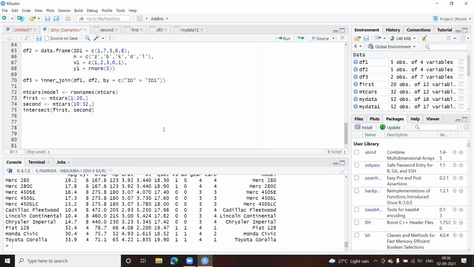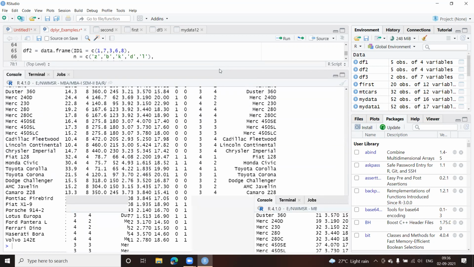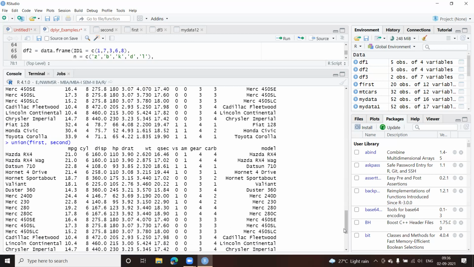Okay, now coming to union. Now union is going to display all the rows from both the tables and remove the duplicate records. Okay, that is the difference between your intersect and union. Okay, so if I have to give union here, I can just write the function union into round bracket, x comma, or not x, sorry, first comma second. Okay, and I run this. Okay, now if you look at these records which we have got, all these records which we have got will not contain the duplicate rows. Okay, you can just give a try.